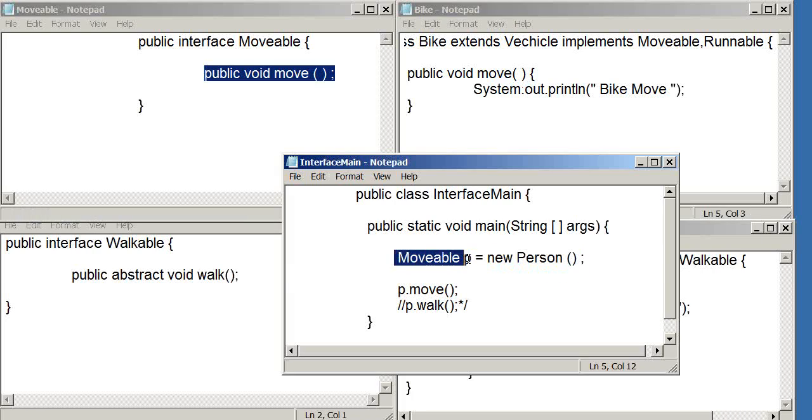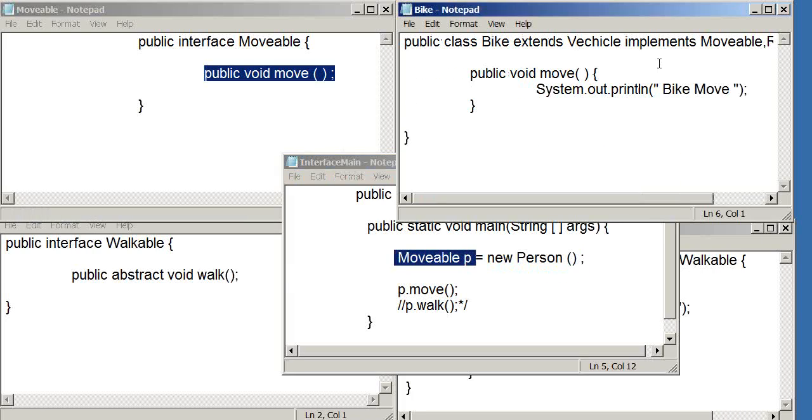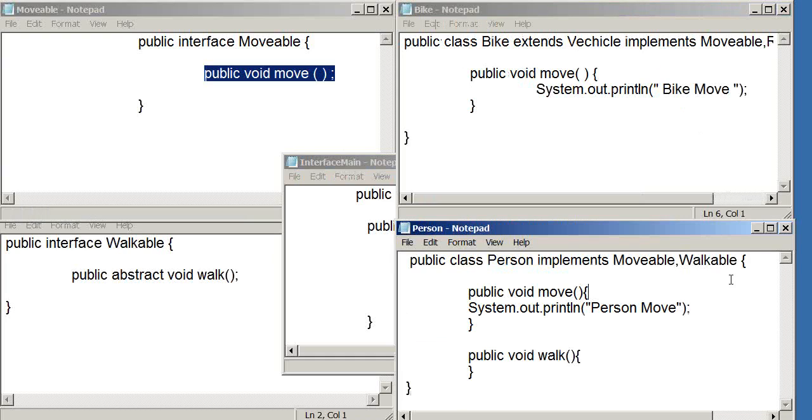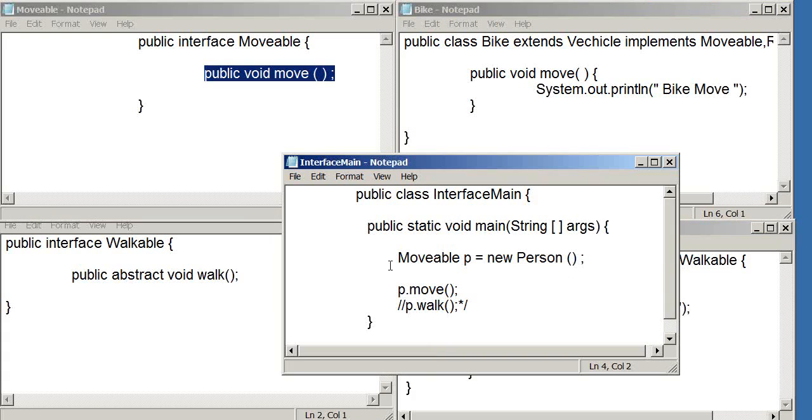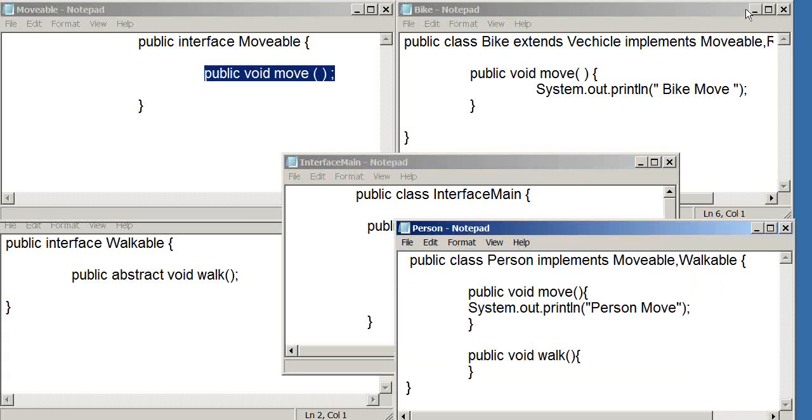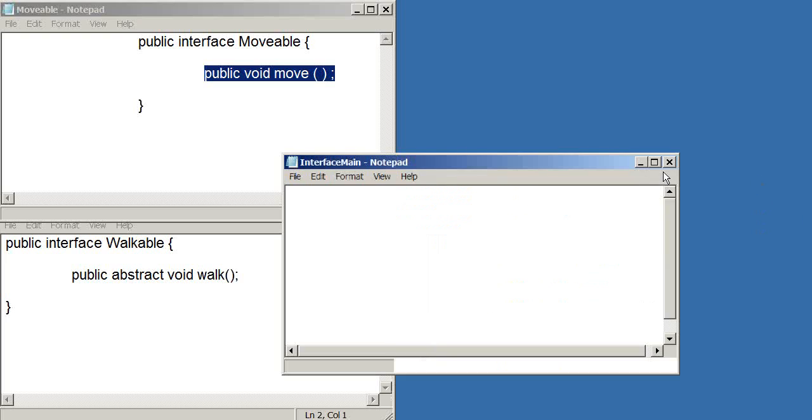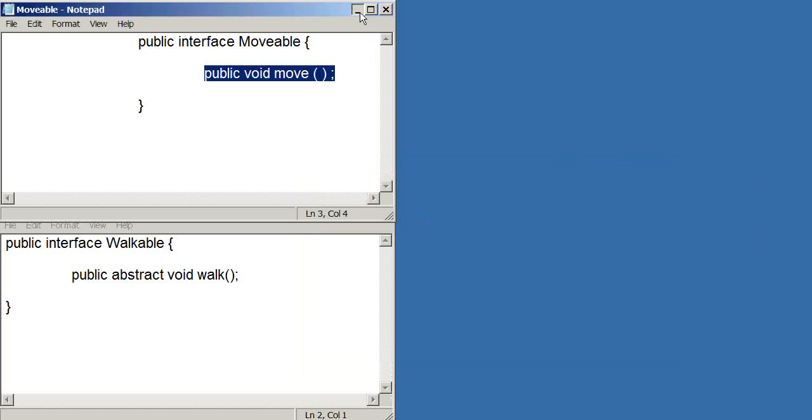So what is Movable here? Movable is an interface, and Person implements this Movable. So you can have a reference variable, but the object should be Person, right? So whatever your class is,